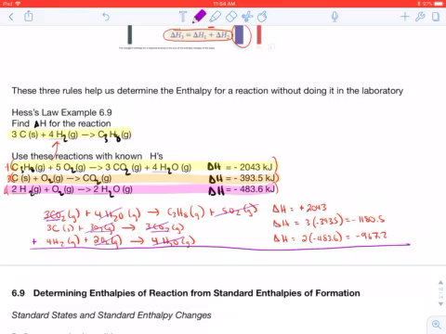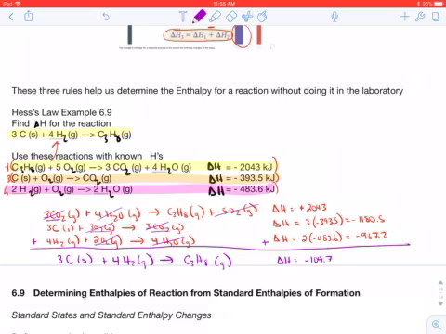All right, so let's write what we have left and see if we did a good job. So we got 3C solid plus 4 H2 gases gives us C3H8 gas. And that does match up with the equation we were going for. So now we can just add these delta H's up here and see what we get. Delta H is going to come out to be negative